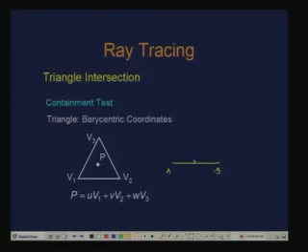Now, for a point within this line, if I have the parameter t, then I can always define this point P as 1 minus t times A plus t times B. So this 1 minus t and t are nothing but the barycentric coordinates,